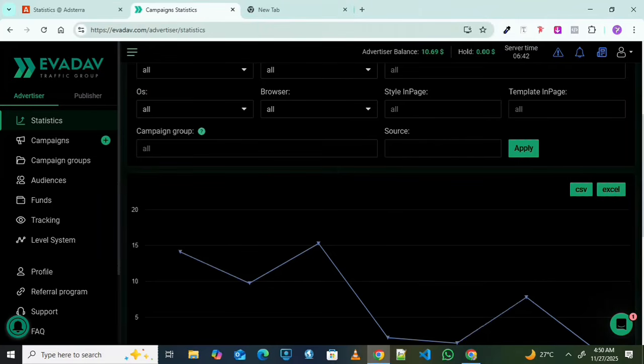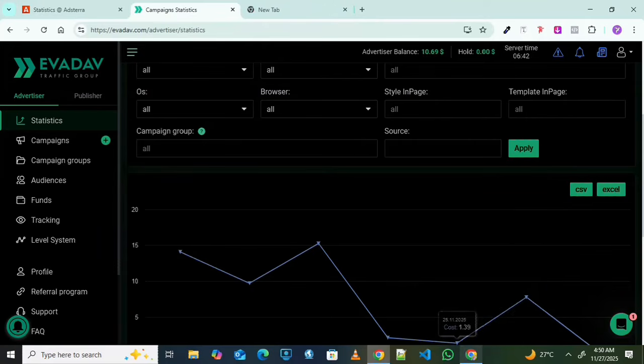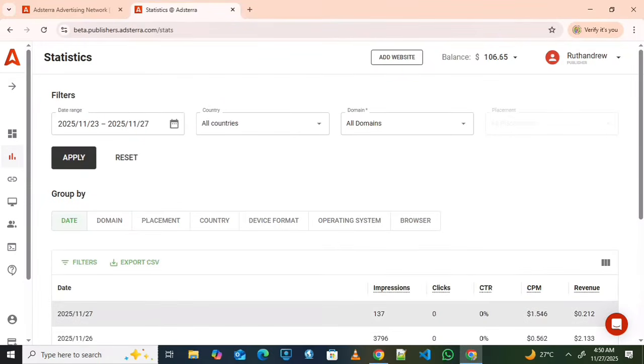But one thing is that these sites contain both good and bad traffic. All ad networks have both good traffic and bad traffic, right? So the first thing you need to do if you want to use sites like this